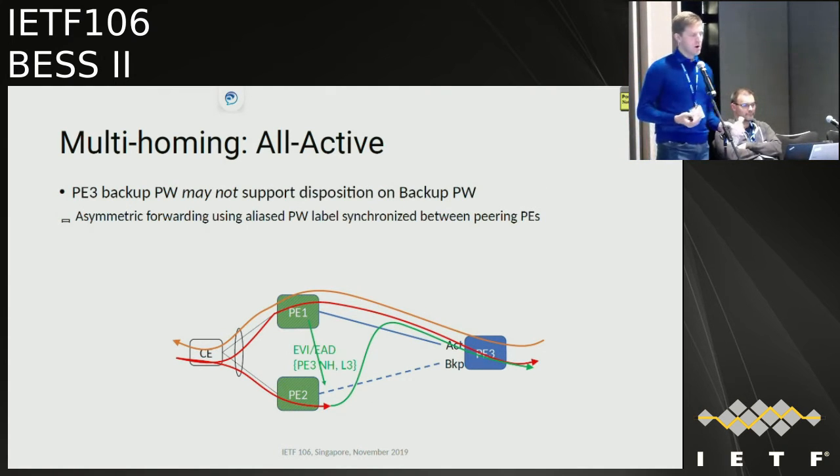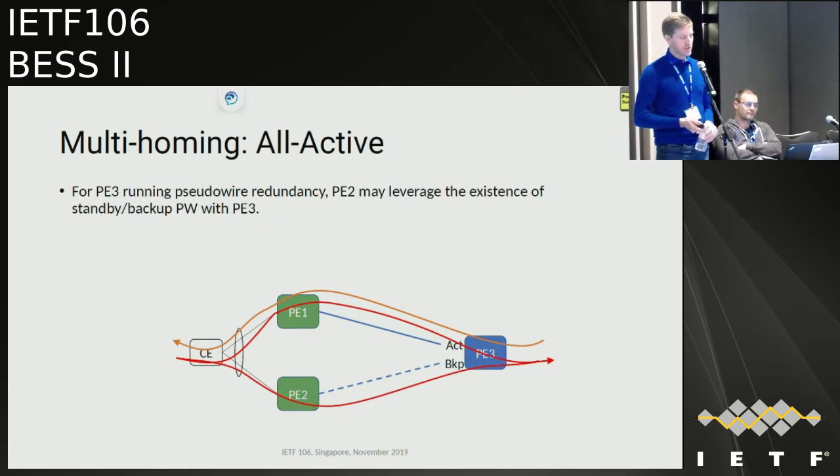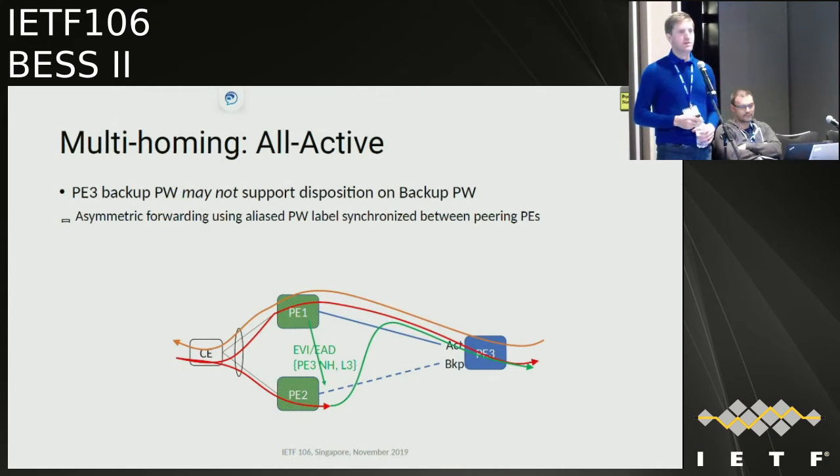There is one small caveat or one small gotcha to the scheme I described before. So if you look back, essentially on the right side at PE3, there's a red flow that's arriving on the backup pseudowire at PE3. If PE3 doesn't actually support reception on that backup pseudowire, and we have seen implementations that do not,